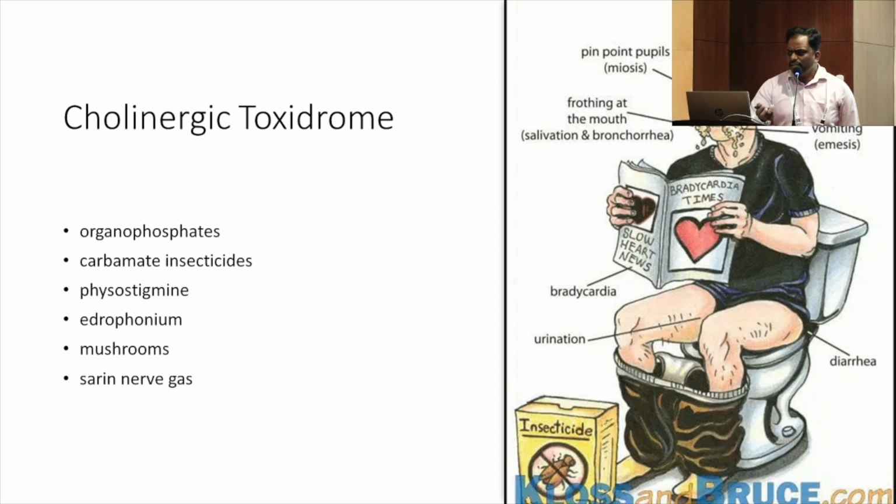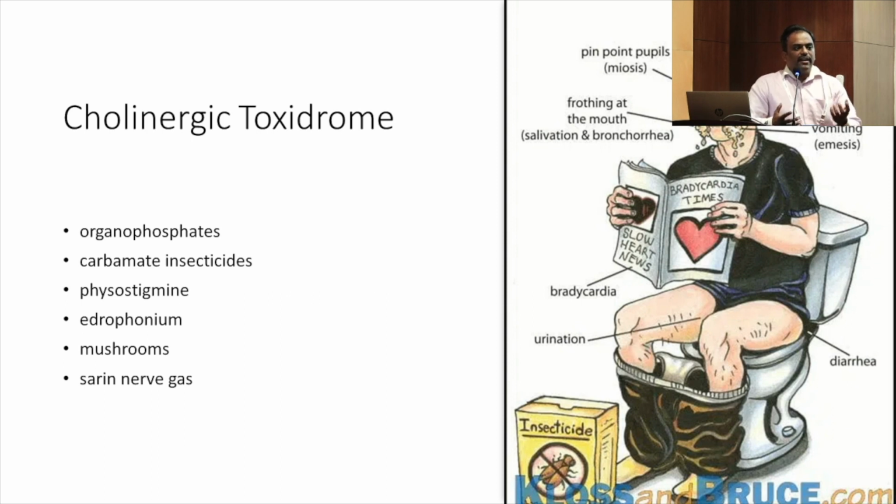This is a nice flashcard which says that in a cholinergic toxidrome you have an excess of acetylcholine. Acetylcholine is a parasympathetic neurotransmitter, so all the secretions will be increased. You see lacrimation, salivation, sweating, diaphoresis, urination, and diarrhea, and at the same time